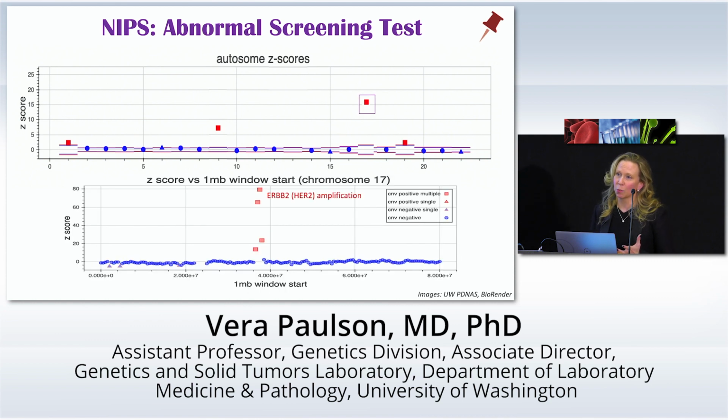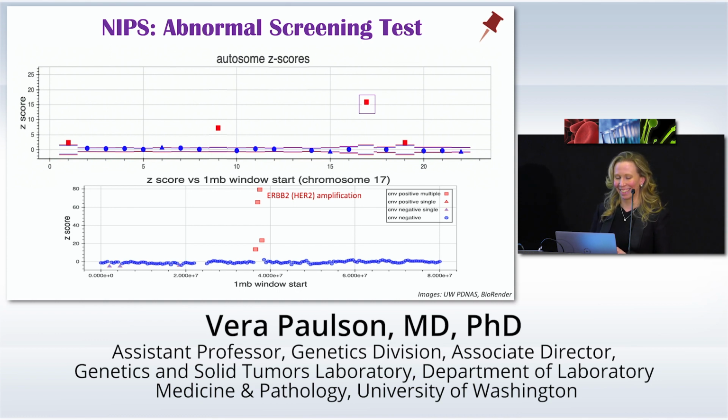If we focus in on this one, it's chromosome 17, and it's not actually the whole chromosome that's gained. It's a small part of it that's amplified. And in that small part that's amplified, these red dots are ERBB2, that you might also know as HER2. And that is decidedly not a normal finding in a placenta, ever. So we asked for a second sample, and it was present again. And so at this point, the patient was given an indeterminate result due to maternal factors, but a conversation was had with the clinician that said, we're very concerned about malignancy.